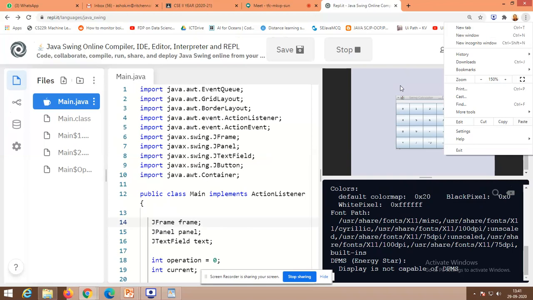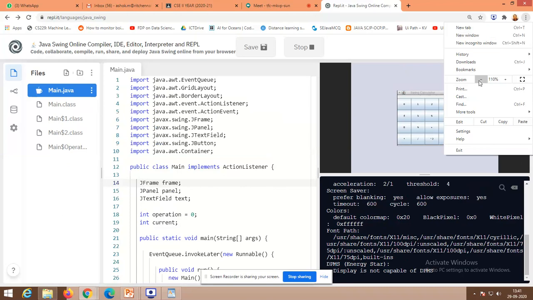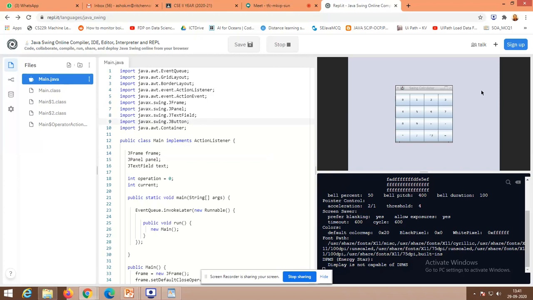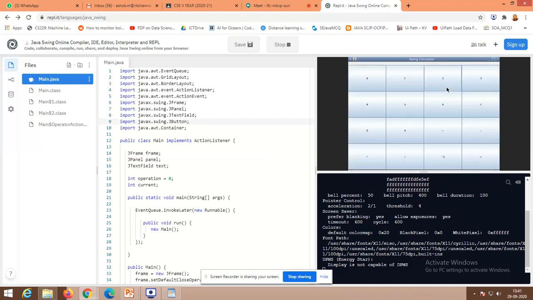Maybe the fonts are getting increased. It's not getting increased. Okay, let it be. Now it will be something.